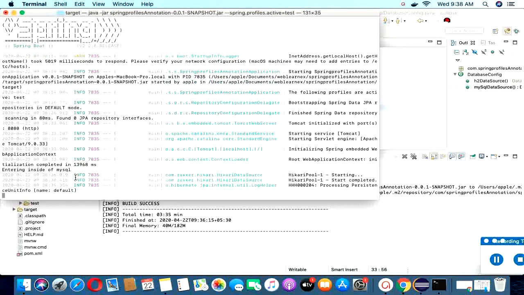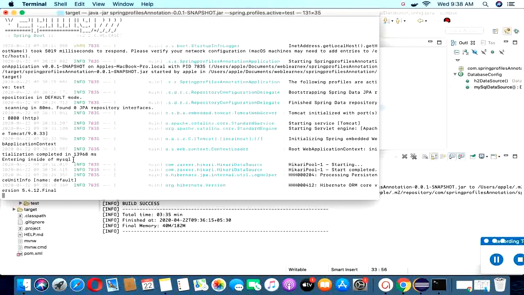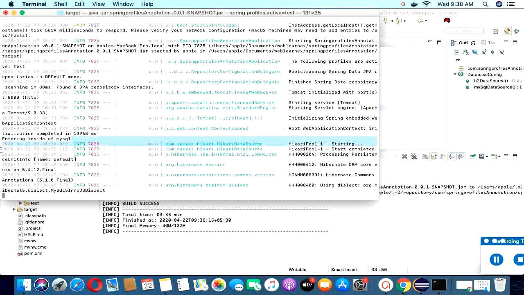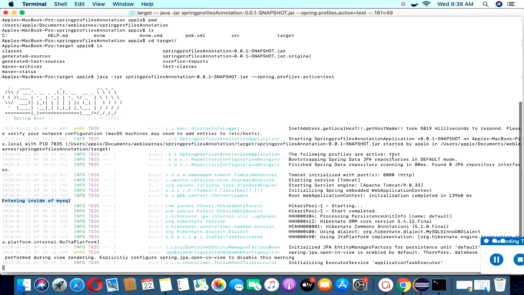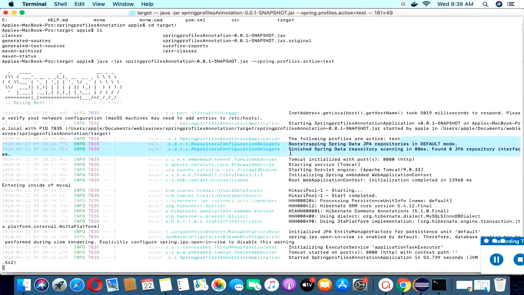You can observe here we got the message entering inside MySQL, and one more thing: profiles active is test, which means the test profile is automatically activated.